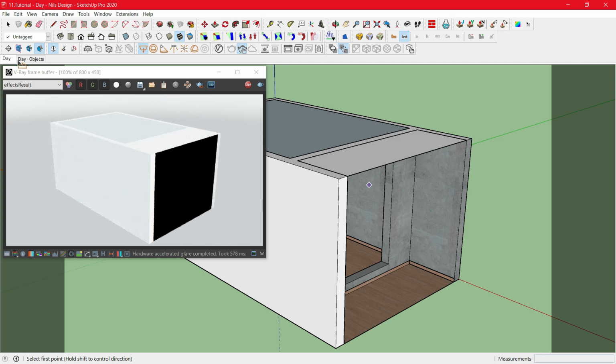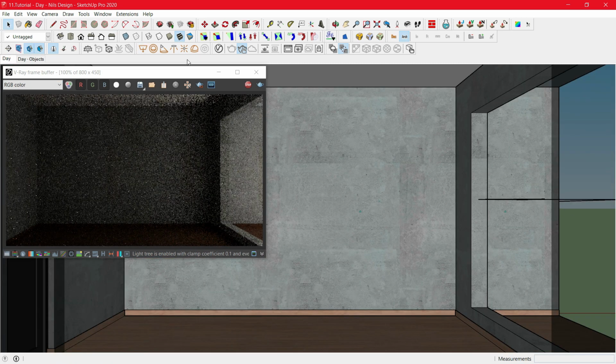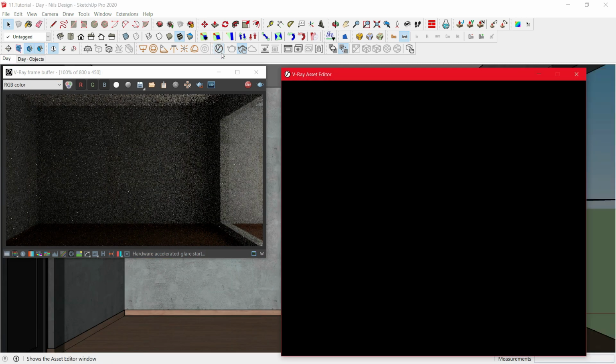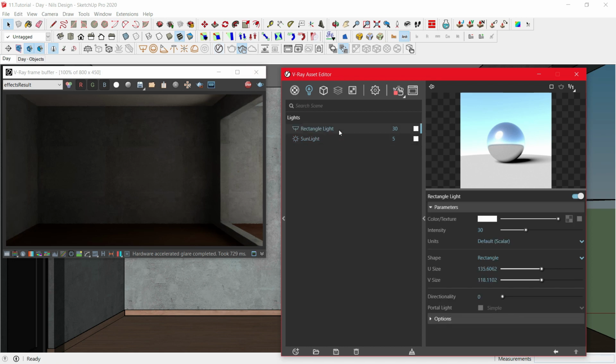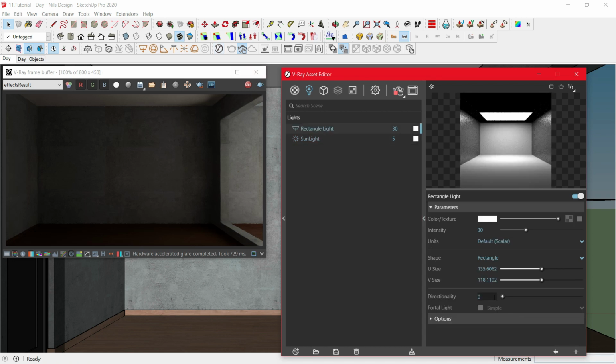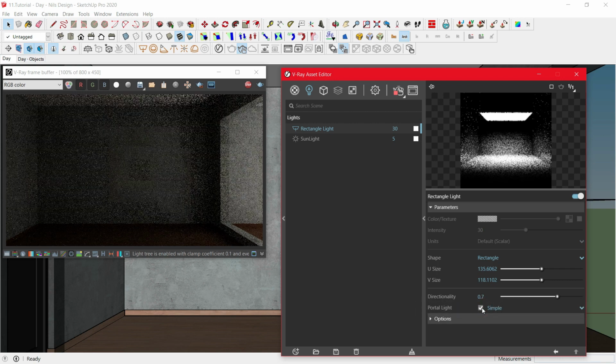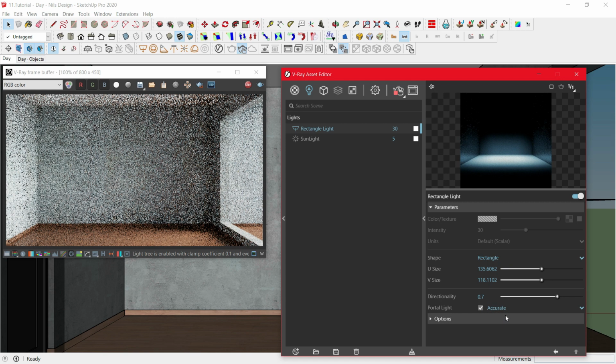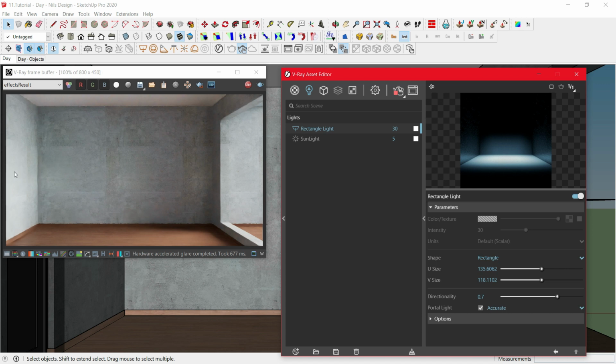Now I will move back to the scene, open the asset editor and under rectangle light, give a directionality of 0.7, enable the portal light, then change from simple to accurate. This way the rectangle light will bounce on the wall by filling more light inside the room.